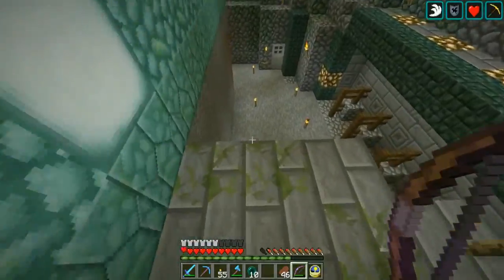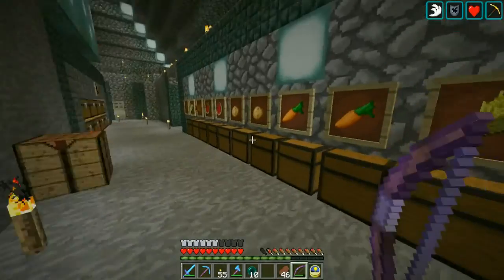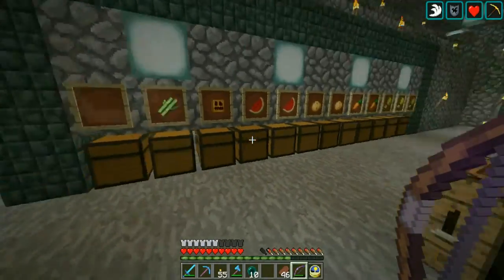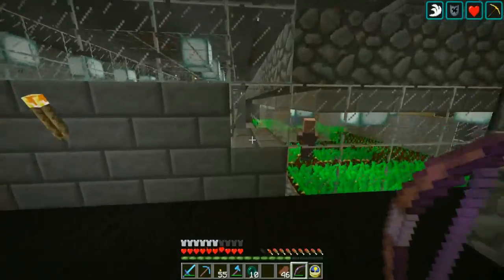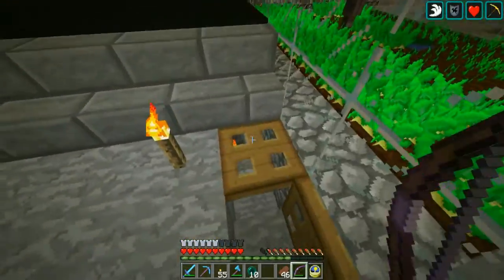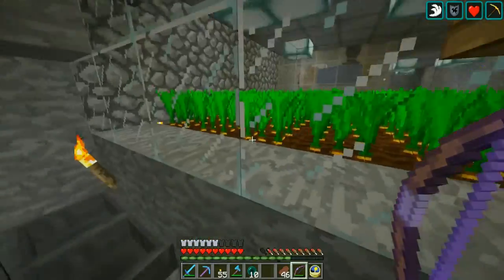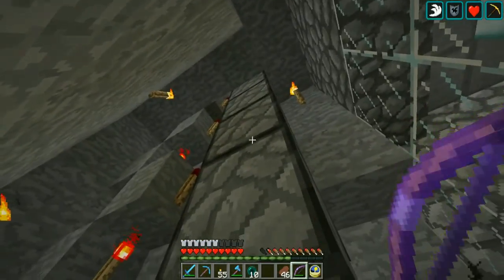I'll come down here, and again, this is unfinished. I just haven't figured out what to put down here. I've got a nice storage area for some vegetables, and you might notice that you can trade all of these things to villagers, and that is on purpose. This is all fully automatic back here. I've got a potato farm with this guy. Whoops. I've got a carrot farm with that guy back there, and these all come down here into this dropper elevator,